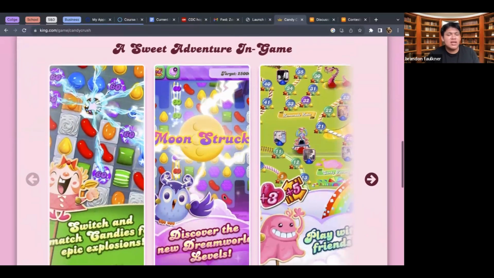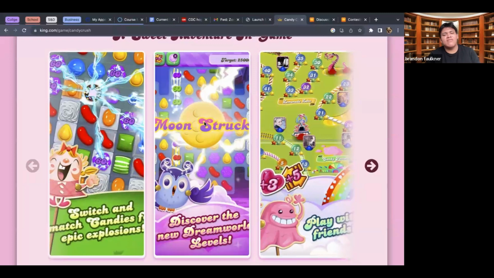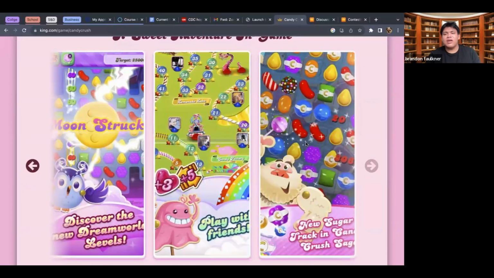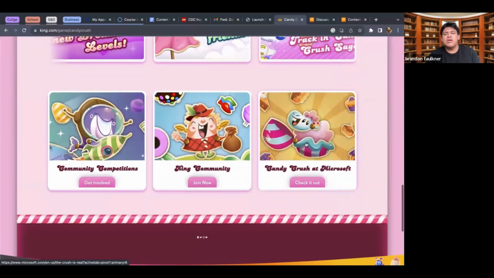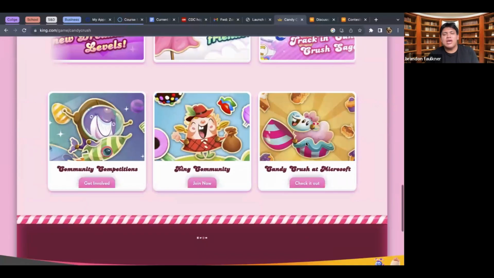So the game has different power-ups, different kind of characters that you can see, different kind of power-ups that you can use and different levels to challenge you throughout your playing experience.